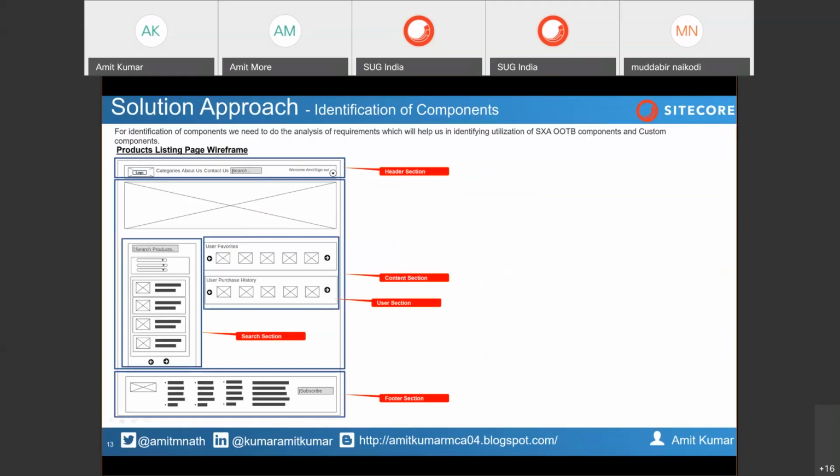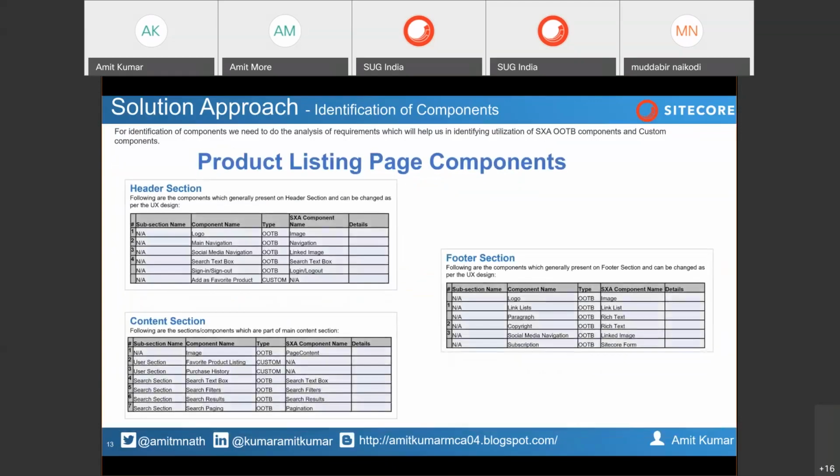So for this, if you traverse, the add to favorites will be custom because the header section is the same. If you go to the content section, the image is there, that is the header of that. There you can utilize the page content. If you check that section, you will have this type of template. So you can extend that template, or you can create your own page template and introduce the image itself there. By default, the title and the page description are present in that.